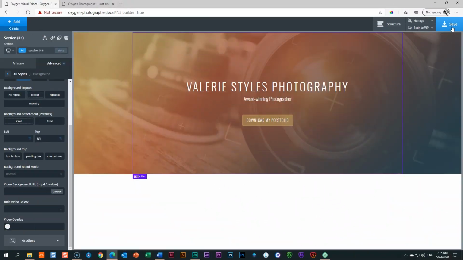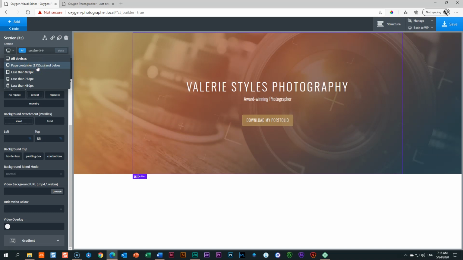Before we go to the next section, we're going to work on tablet and mobile responsiveness. And this is my second feature that I love about Oxygen, is the control when it comes to responsive design. I'll click on the section to select the section. And then up here, you'll see under section, you have this little computer screen. From the drop down, you will see there's 1, 2, 3, 4, 5 options. This one is all devices. If you click on page container,